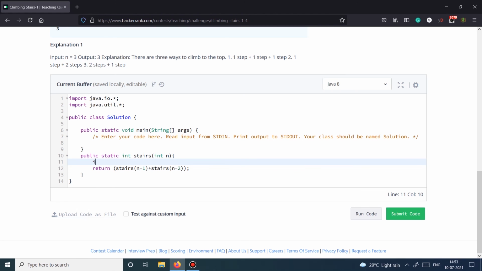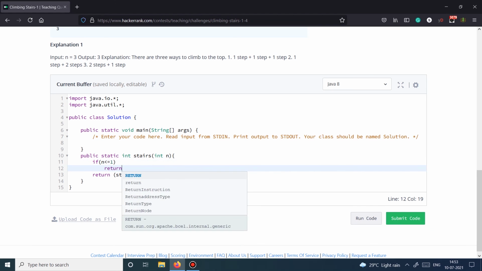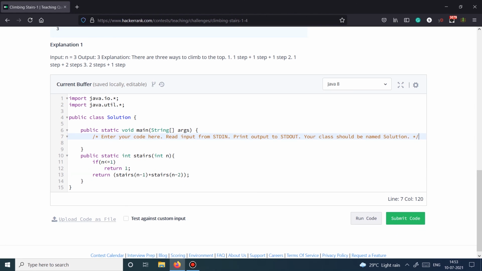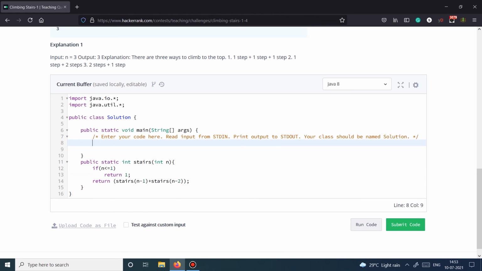However, we also need to check the condition wherein if n is less than or equal to 1 we will return 1. Okay, let's take input over here.